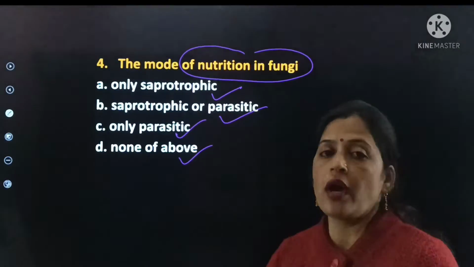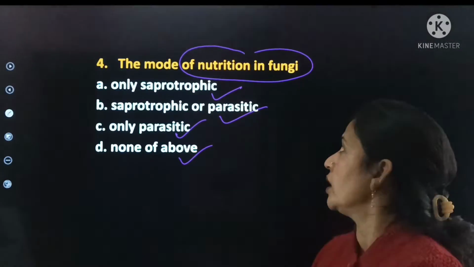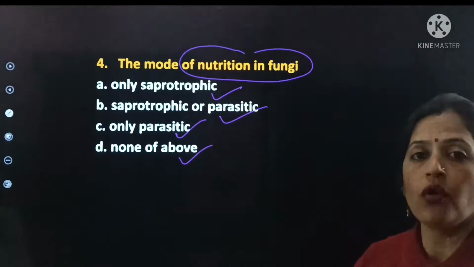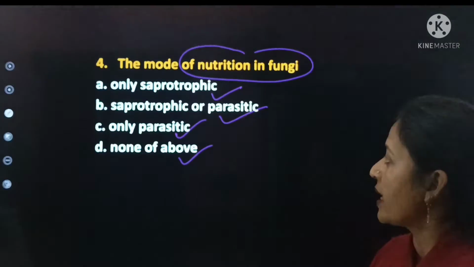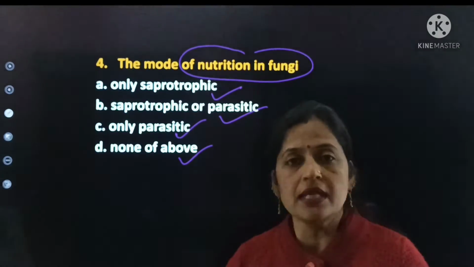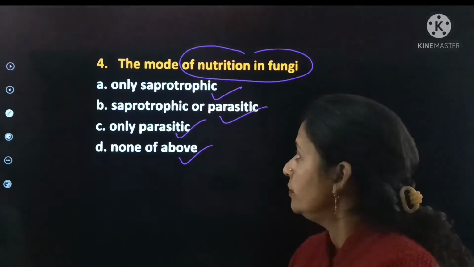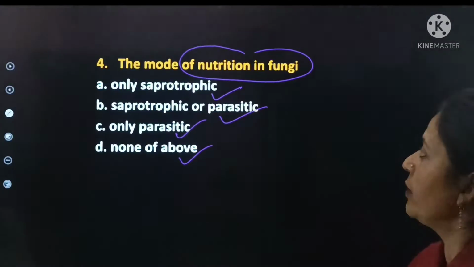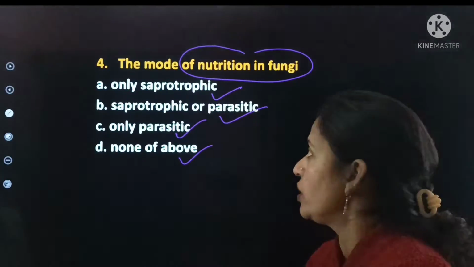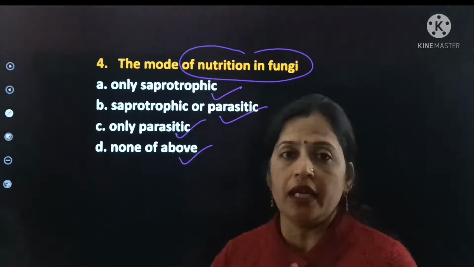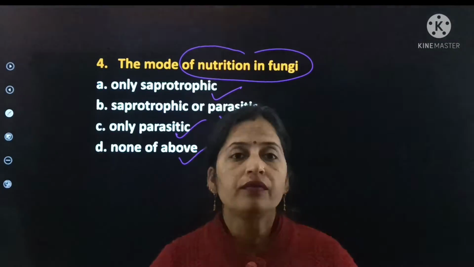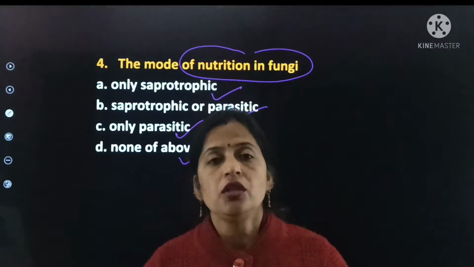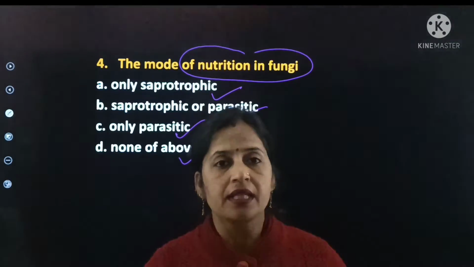So here you have to find out the mode of nutrition in fungi. इसमें आप फाइंड आउट करिए बेटे जल्दी से कि जो मोड ऑफ न्यूट्रिशन है फंजाई का वो क्या रहेगा, कौन सा ऐसा मोड ऑफ न्यूट्रिशन है जिसकी हेल्प से फंजाई अपने न्यूट्रिशन के मोड को कंप्लीट करता है।